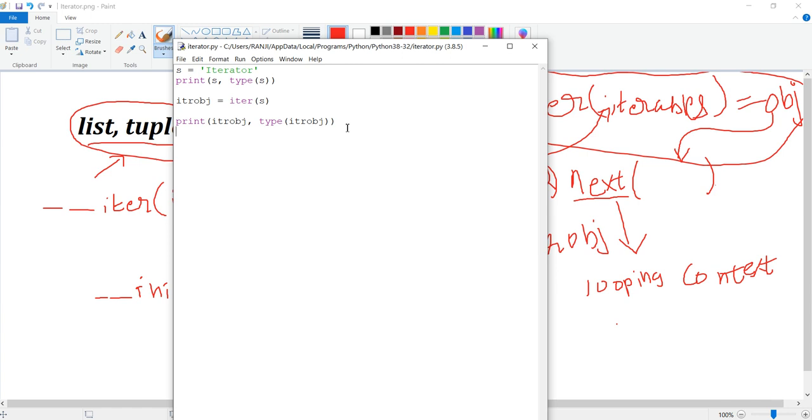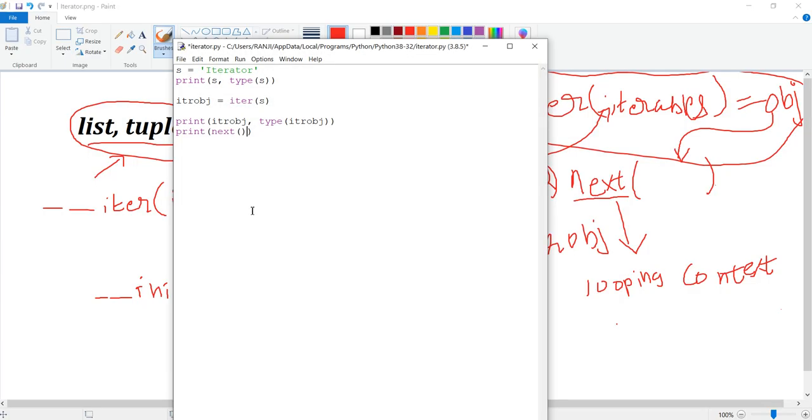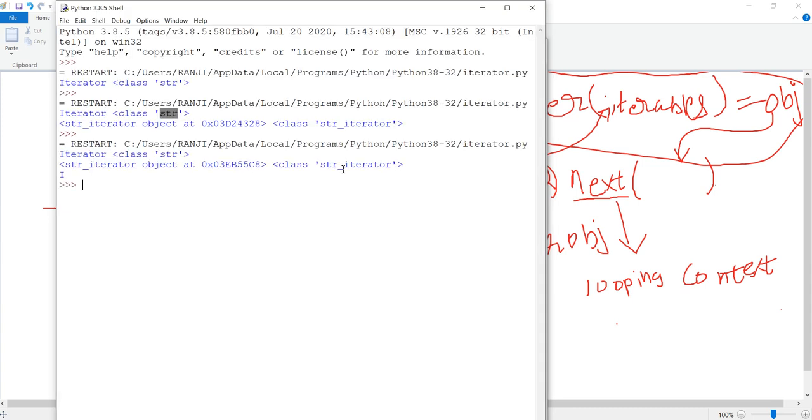Now we have created the iterator object. Now we want to print each of this iterator object. So how will I print that? If I print next of, and inside next what I want to send is this particular object. So whatever object we have created, that is itr obj, we will send that here, and we'll just see what output we get.